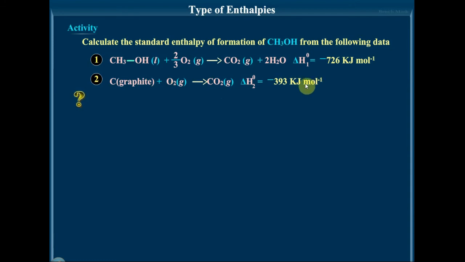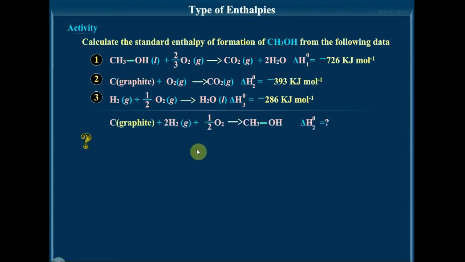Remember, the naught indicates that this reaction is in the standard state. The third equation given in the question is H2 plus half O2 gives H2O. Here also it is the formation of 1 mole of water. So always the reactions given will be for 1 mole of the compound. And the standard enthalpy of this third reaction is minus 286 kilojoules per mole. So it is from these three reactions that we have to calculate the enthalpy of formation of CH3OH. How can we do this?